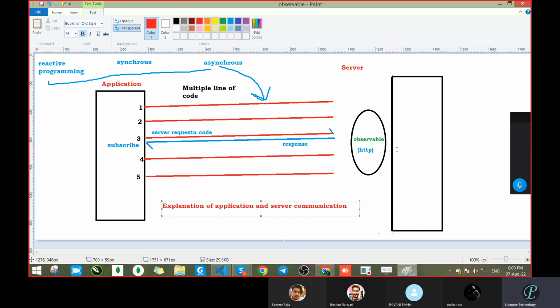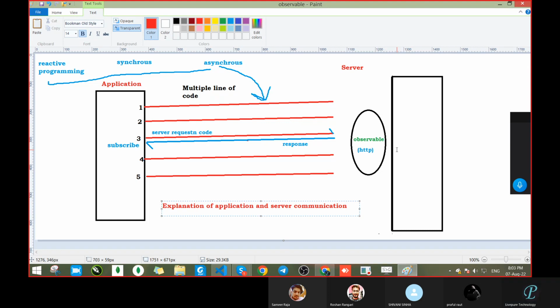After executing the first and second lines, at the third line,